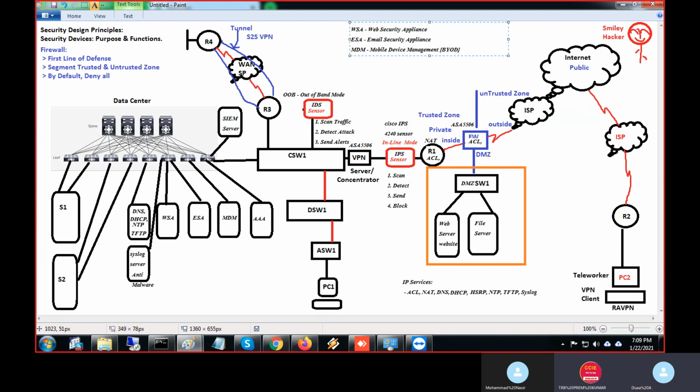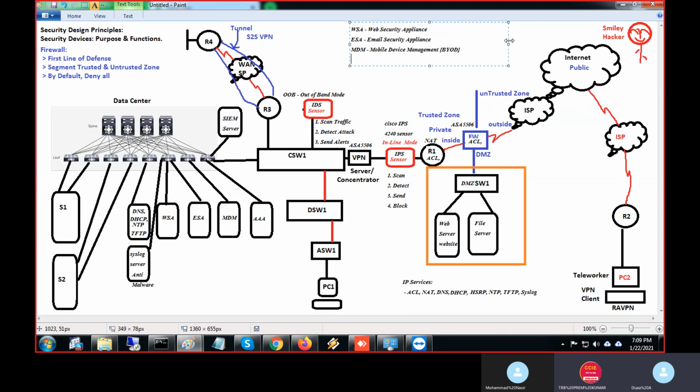So what is the problem now? Because you're bringing your own laptop or mobile to our company network, how do I know your device is secure? If you inject one virus from your laptop, what will I do? You got my idea? So there is one server which will protect all these laptops and mobile devices, anything connecting through a wireless access point, WAP. That is the server for protecting mobile device security.